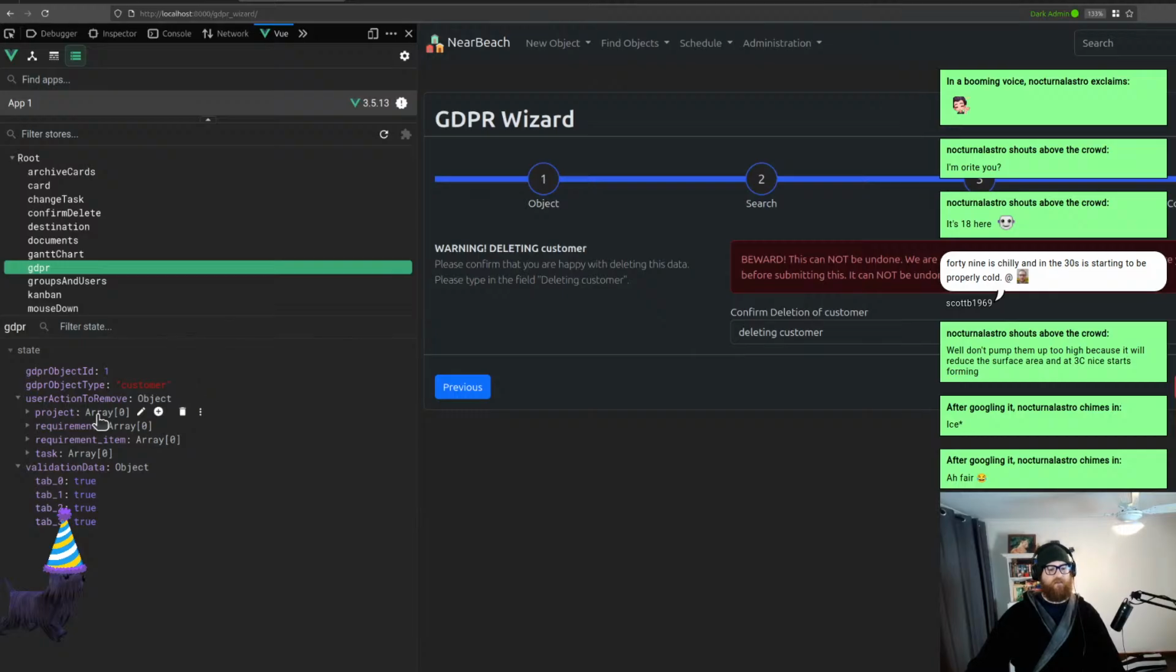Okay, user action to remove. This is where we just need, yeah, but